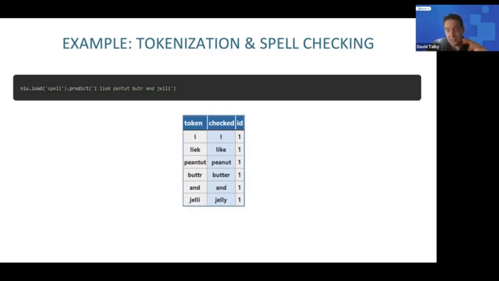Really, for starters, there are two methods you need to know. This example does spell correction, and it's NLU.load spell. Spell is the short name for the default spell checking model for English. And you do .predict. "I like peanut butter and jelly," and you can see the words peanut, butter, and